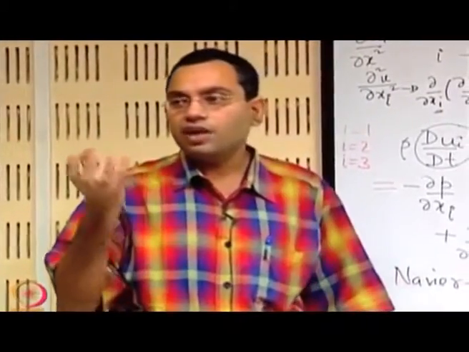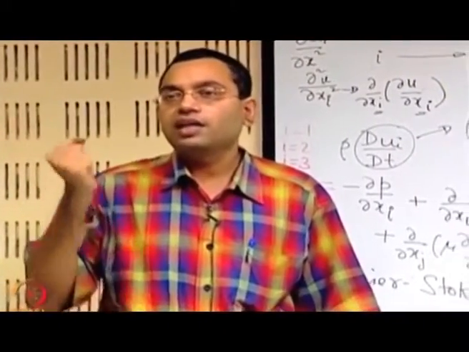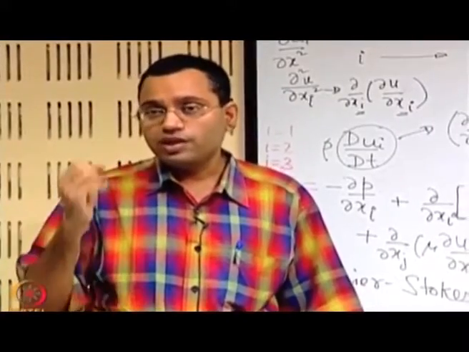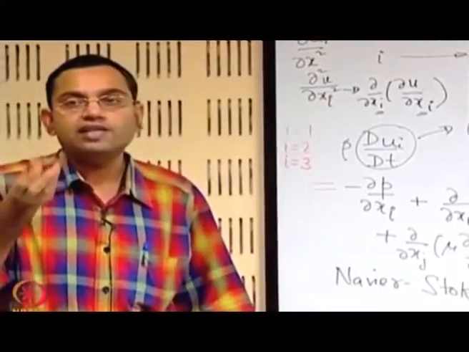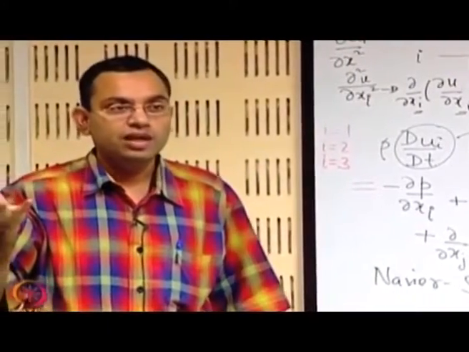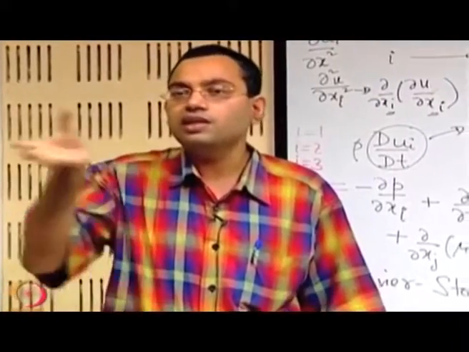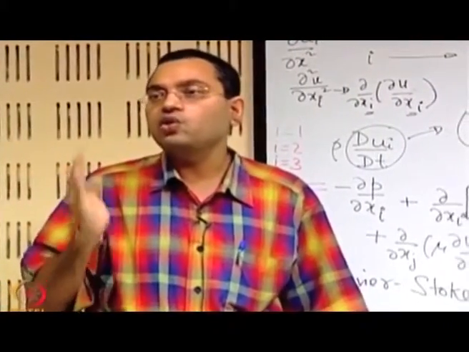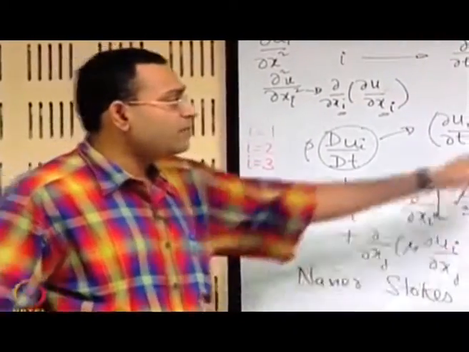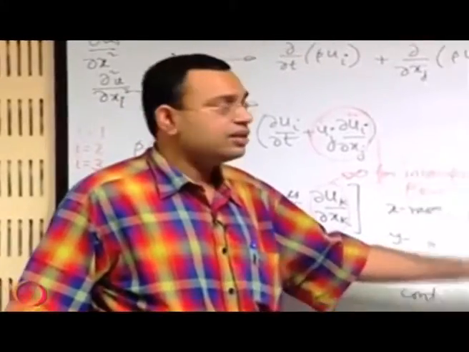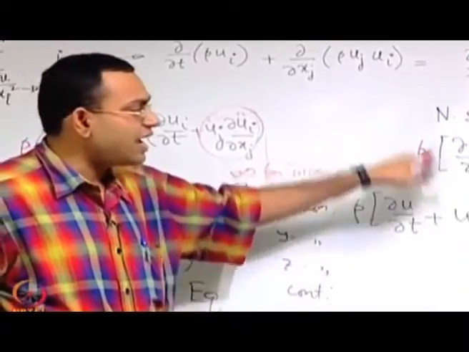Let us say that you have a gas molecule, which is subjected to a very high density or temperature gradient. Because of the temperature gradient the gas molecule may start moving, and this is sort of called self diffusion. So it moves within its own medium because of strong local gradients of temperature or density. Now that is nowhere manifested in these equations. So if you just use these equations, you will get a zero velocity,